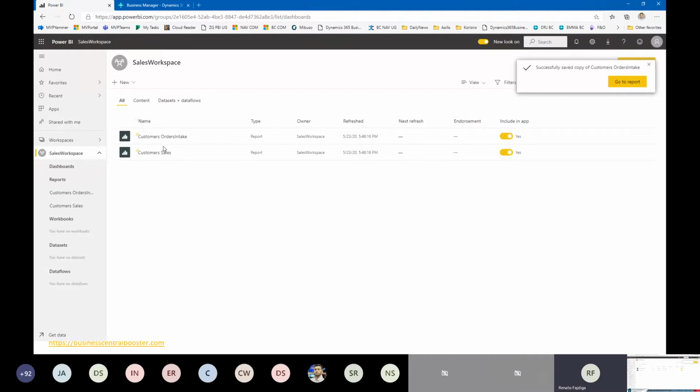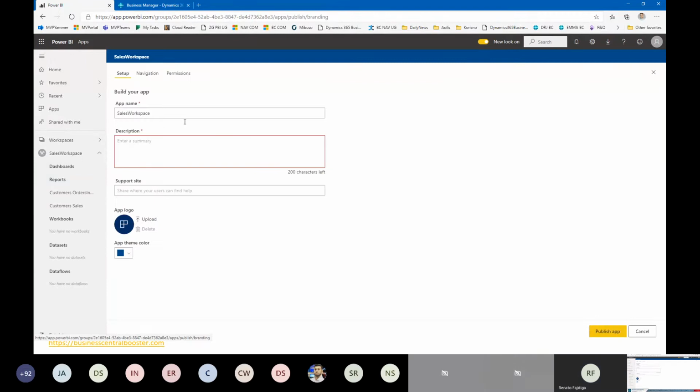Okay, and here I see my two reports. I will just close this. And what I can do now is easily click Create App, the yellow button. I'll click on it. It's a sales workspace, so I will leave this as it is, and then I will say